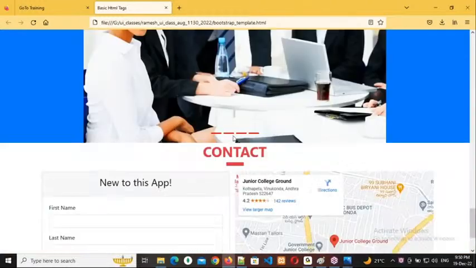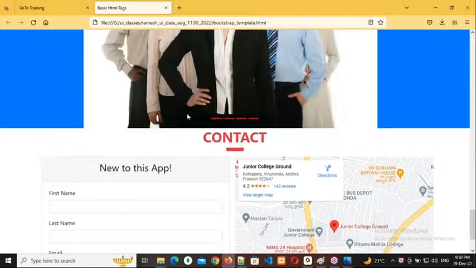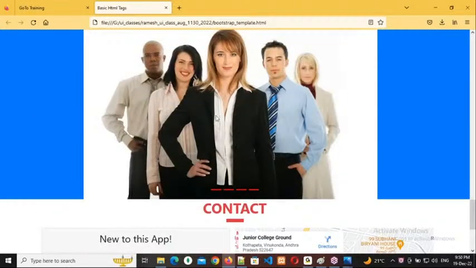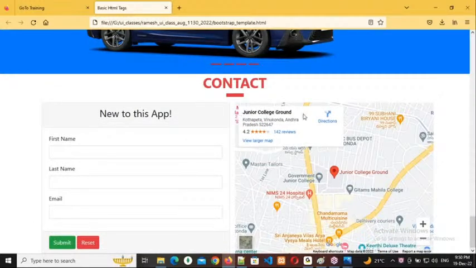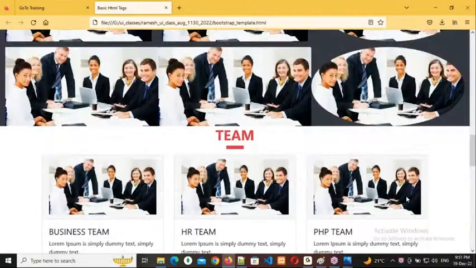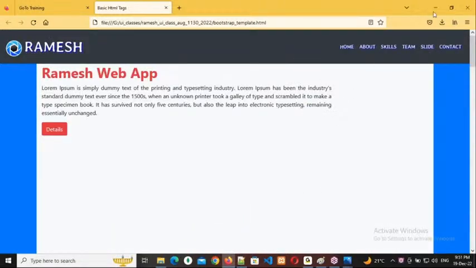And a slider by using Bootstrap. Of course, image sizes are not the same. That's why it is coming in zigzag order. But in real time, they will give some equal size images so that they will come clearly. And then after, the footer, a form, and how to integrate our office related map in our application. That is also I will tell you, pure real time. And this is responsive. For example, observe there,